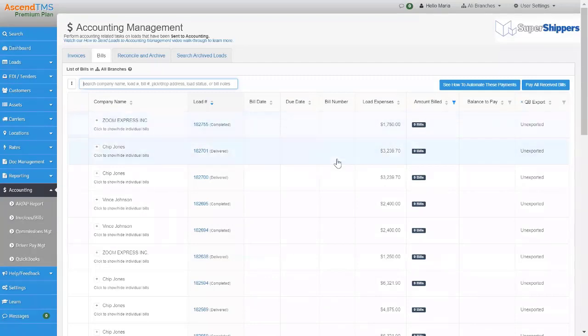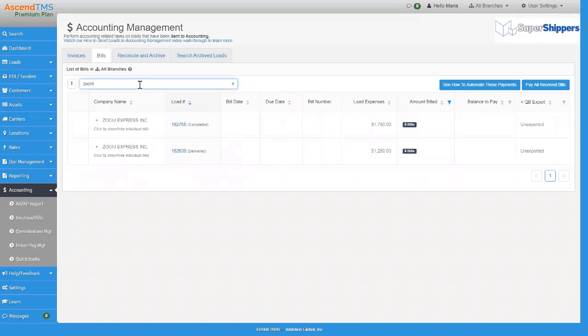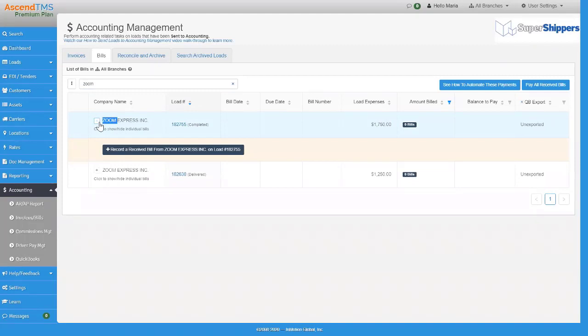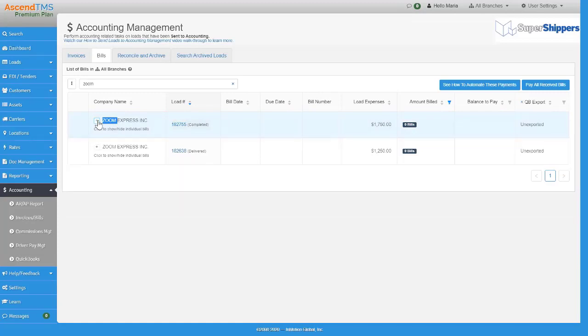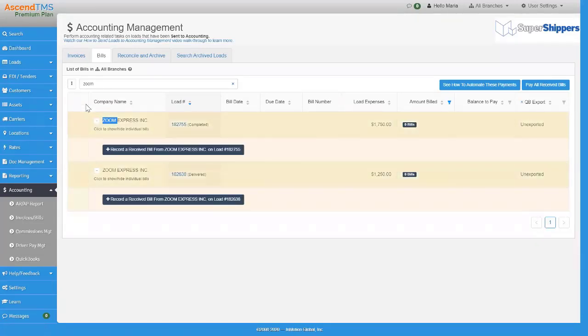From here, you can filter down to the carrier, or if I'm talking to a carrier on this call, you can filter down to the asset driver by putting in their name. What I find very helpful in this page, because right now all you have to click on is the plus sign, and when you click that, it'll pop open the button that you need to record your received bills. What I find very helpful, because usually there's more than just 2 here, is these 3 little dots next to your search bar. It has an option to expand all rows. So instead of having to click at each and every plus sign, go ahead and just expand all those rows so the buttons are open to you.